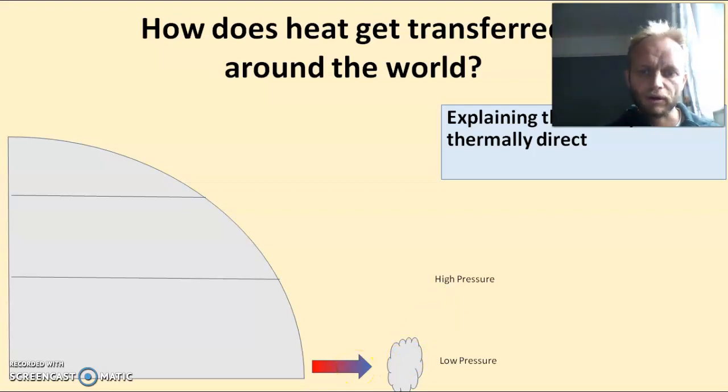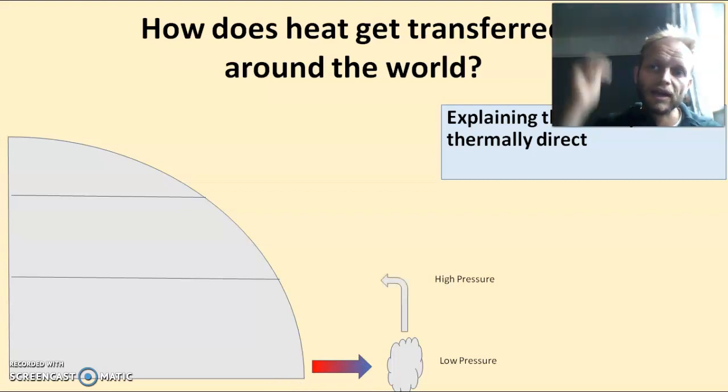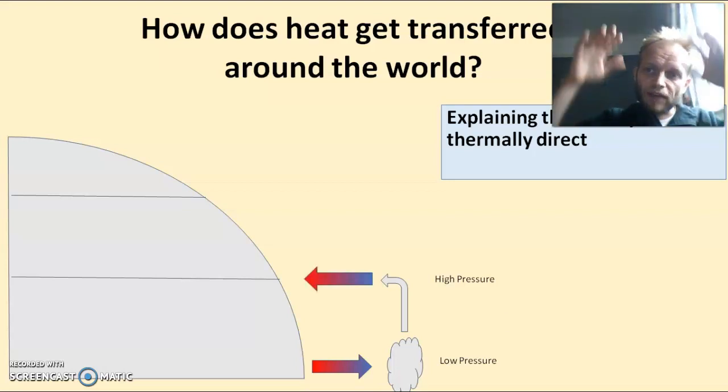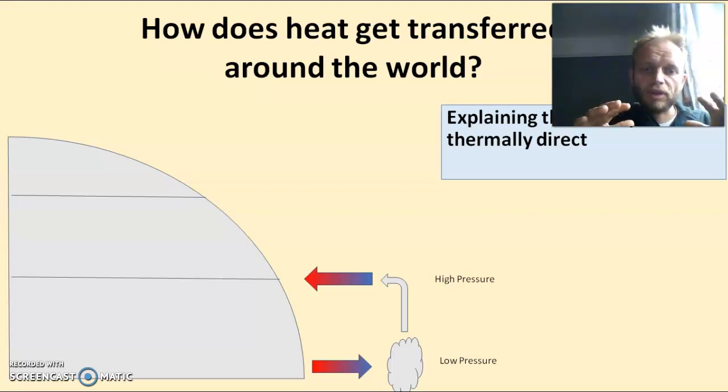But that's not the only part of our Hadley cell. The air rises, and it hits a part of the atmosphere called the troposphere, which acts like a roof, and it can't rise any further. So what it does is it circulates both north and south of the equator. But as it moves away from the equator, it starts to cool. Cooling air creates high pressure, and so as that air falls, it creates high pressure,